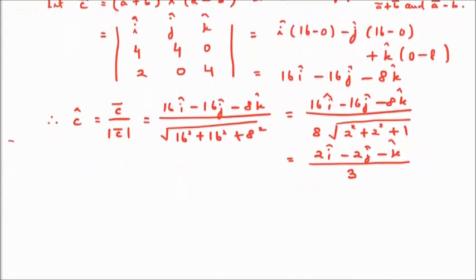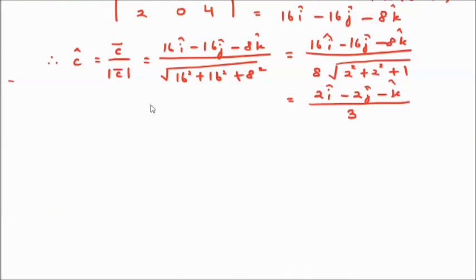Also you can say that this is a unit vector perpendicular to a vector plus b vector and a vector minus b vector. You can also write